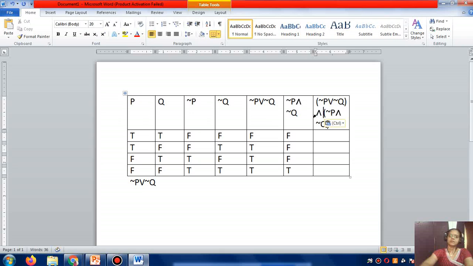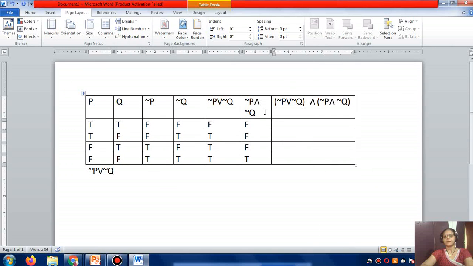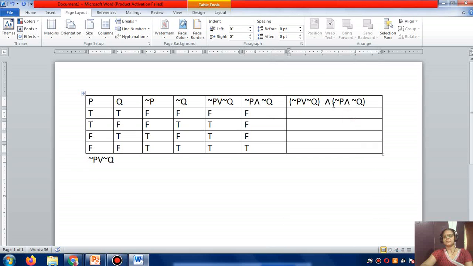ओके, what is the result of this? The result of last column, what will be the output? इन दोनों का क्या करना है मुझे, this is AND, इन दोनों को AND करना है, and this is false, this is false, false, and the last is true, right?